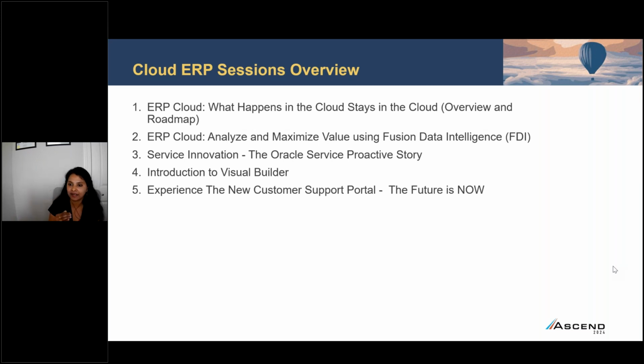If you are taking quarterly updates, you are eligible to use those applications without any additional cost. So you will be hearing all the information that you need with respect to all that in my first session, ERP Cloud, what happens in the cloud. So don't miss that session. It's going to be extremely informative and useful for all customers, whether you are on EBS or on cloud, whether you are a BI person, a controller, a CFO, a CHRO, any of your roles, any of your attendees, it will be extremely helpful.